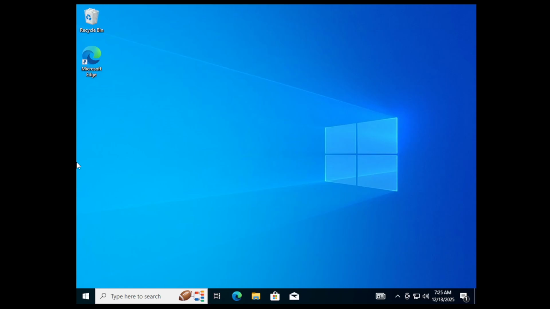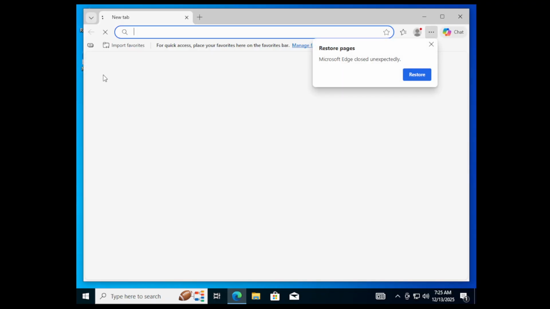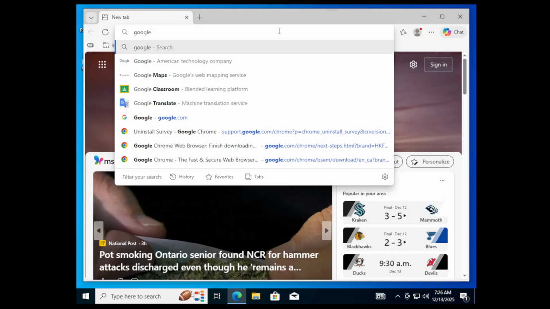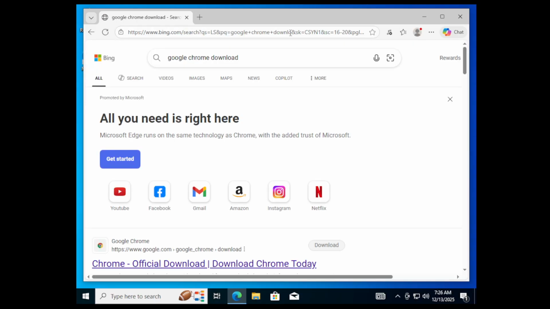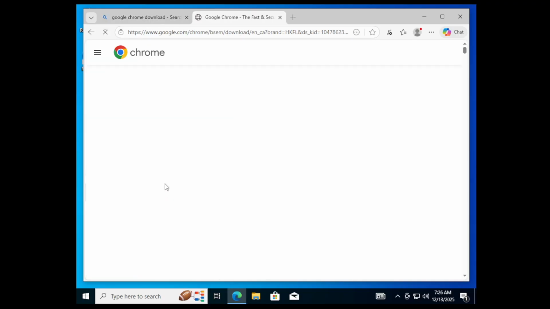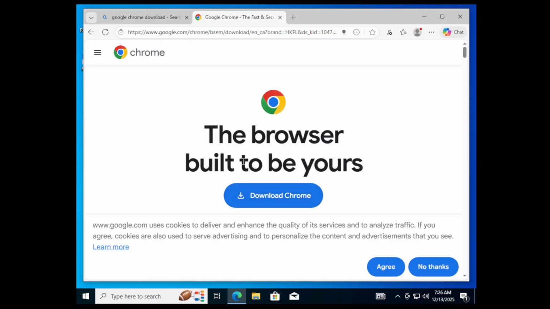To make it very easy, if you want to install Google Chrome, all you have to do is launch Microsoft Edge. And when you open up Edge, all you have to do is search up Google Chrome download. From here, you'll see this download option, and once you select Chrome download, there is a button right here